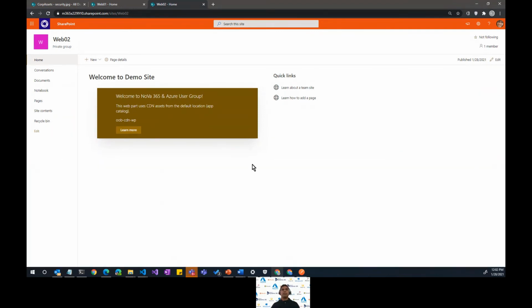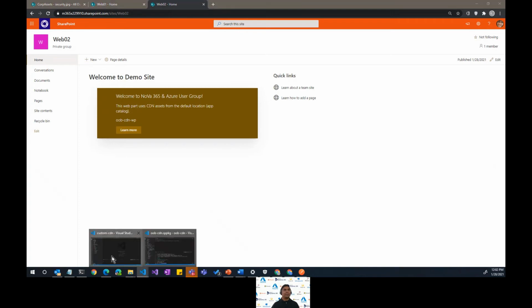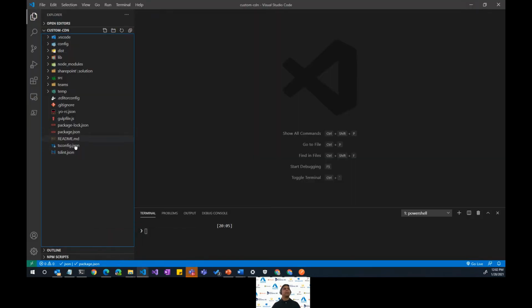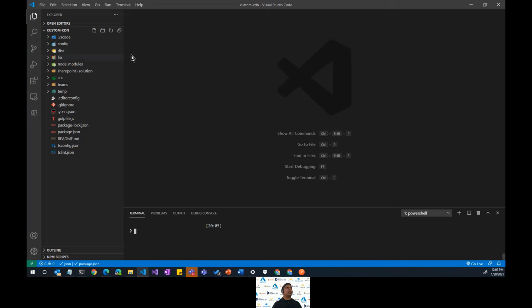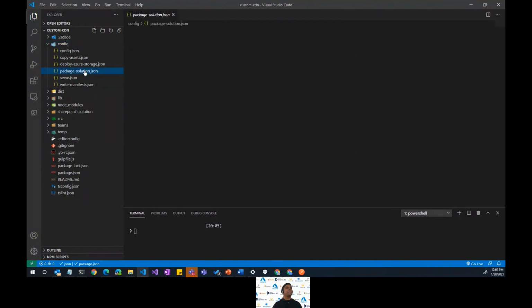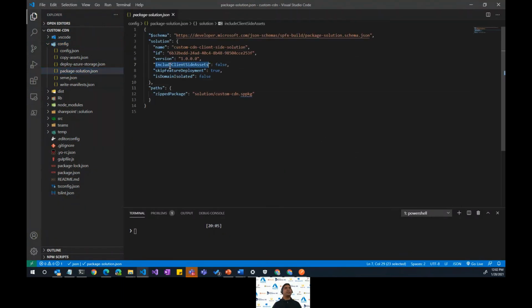Now let's jump into the other project, the custom CDN. In this, to save some time, I already bundled and packaged the solution. There are two changes I made in this project. First thing, I set this include client-side assets to false.